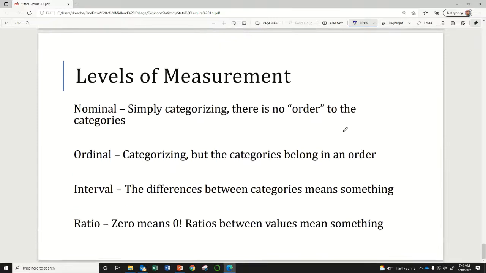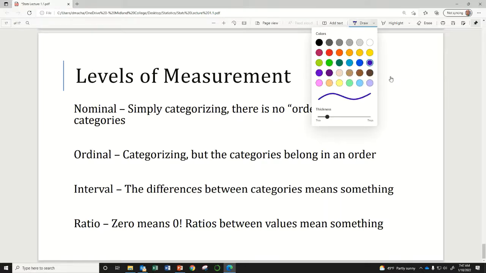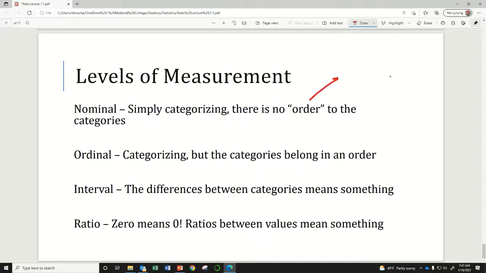Okay, the last thing is level of measurement. So nominal is referring to a measurement where we just categorize things. There's no order to the categories. And so maybe as an example here, I'm going to write example. If we're watching cars go by,